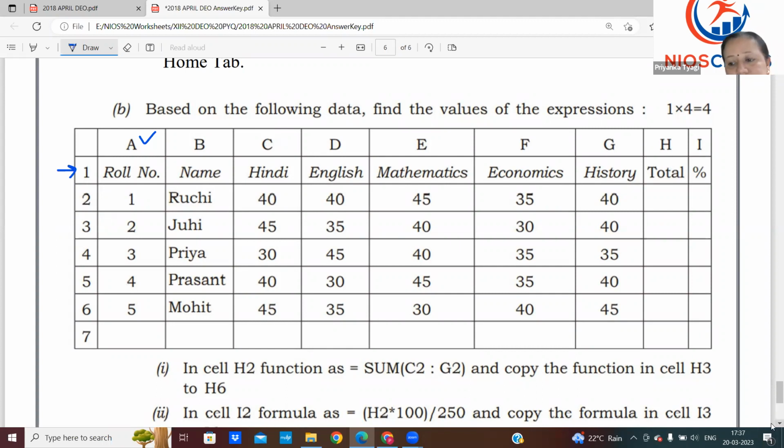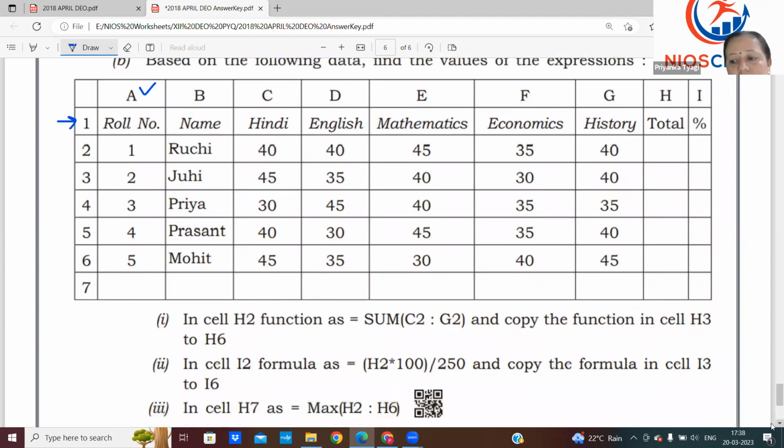Now let's see what it is telling you. You can see here, in cell H2, which one is cell H2? This one. The function is equals to SUM C2 colon G2, and copy the function in cells H3 to H6. That means C2 to G2. So equals to SUM,